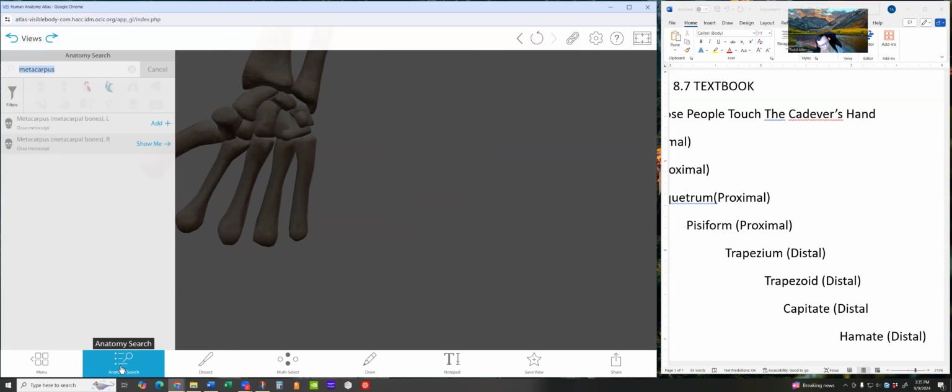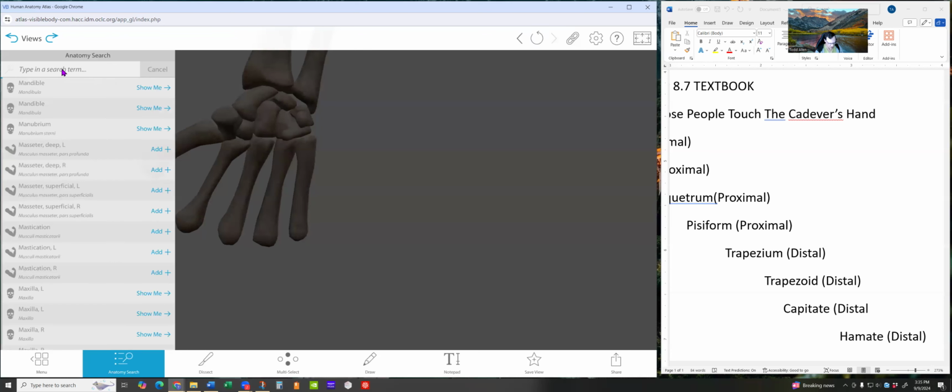Okay, so we've added all the bones of the wrist, the carpus. We've added all the bones of the metacarpus. Now we've got to add your phalanges. I believe for the software, we're going to have to do this individually. So let's type in